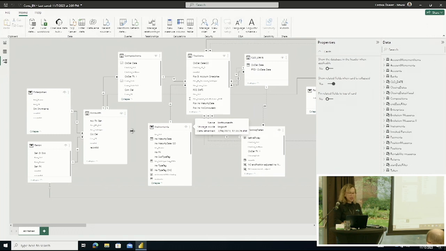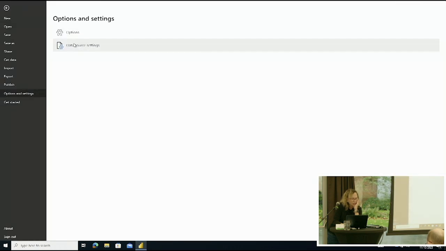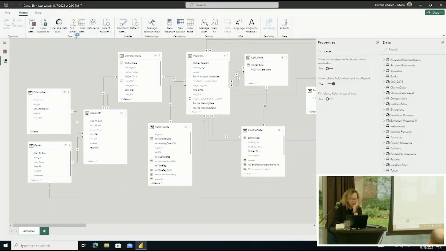Power BI allows you to replicate your relational data model from FileMaker, but at what point do you need to replicate every single relationship you may have in FileMaker? Well, it depends. On one hand, in these options, I will be able to find in options